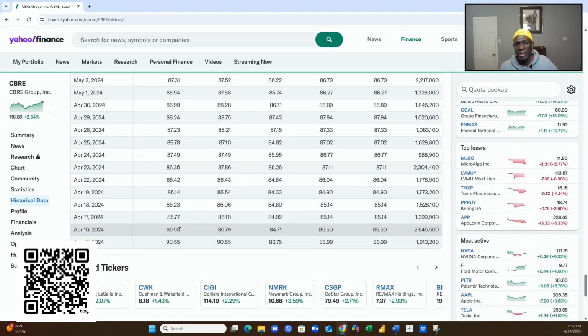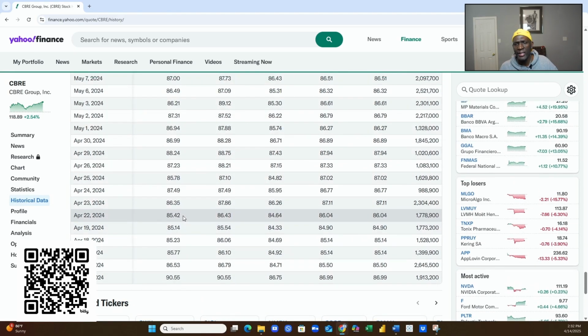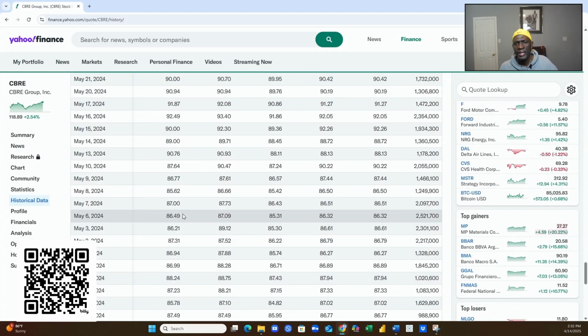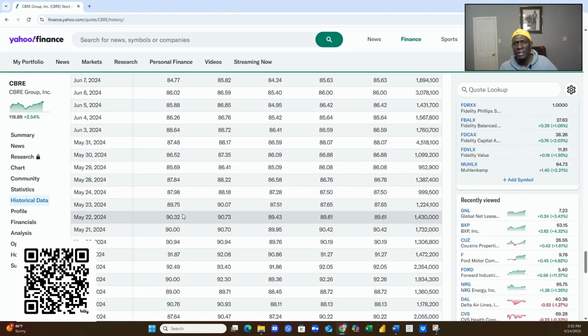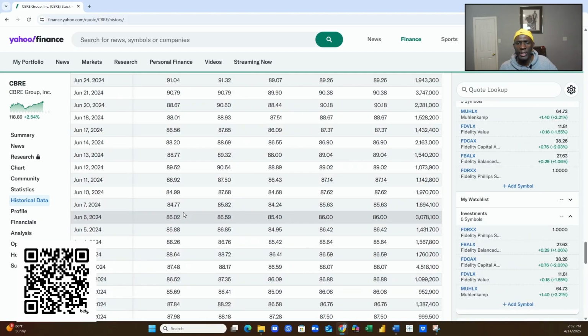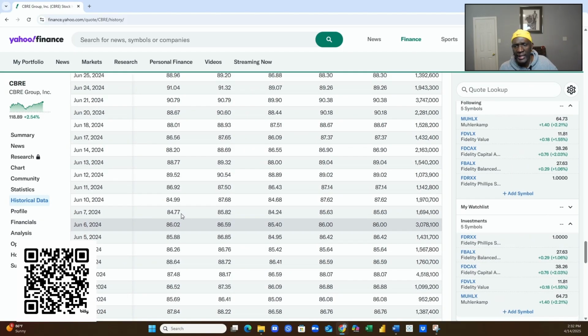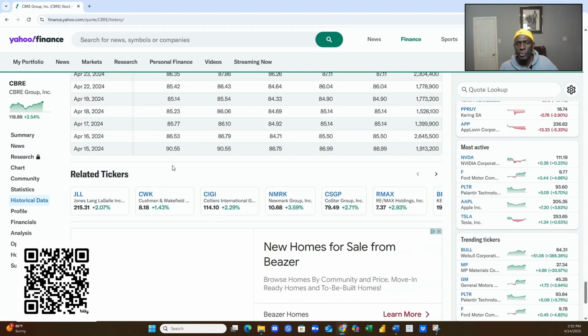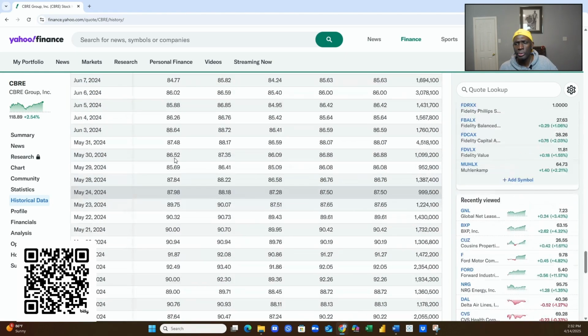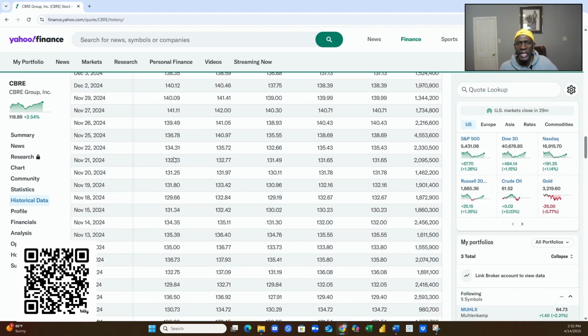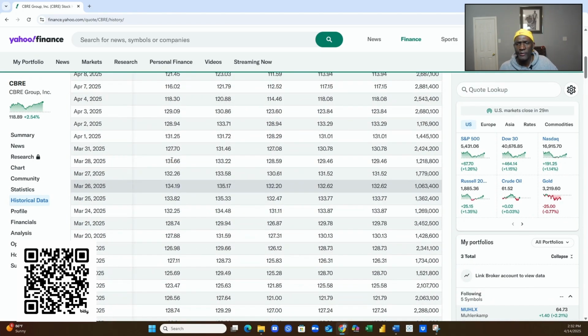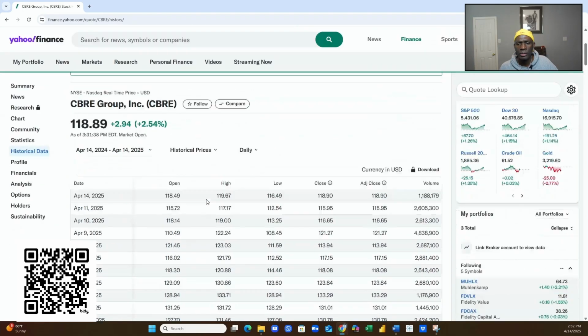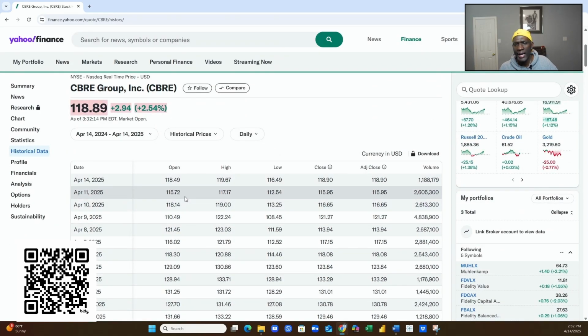It bounced somewhere between 80, 85, 87, 90, 89, 84. It bounced in between the 80s and 90s from April 15, 2024, coming all the way to April 14, 2025, at $118.49 per share. So to me, I believe that this company did fairly well over the last